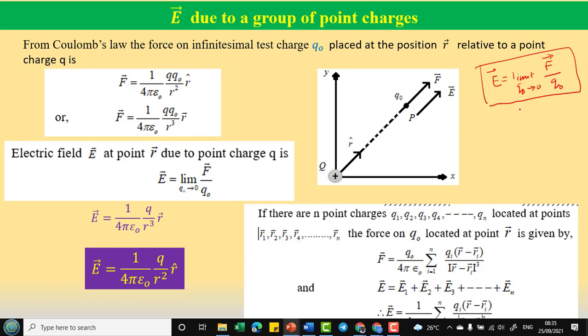In general, most of the time we usually write it like this: E is equal to F by Q. So that is the same thing. The only difference is that here we are writing it in the scientifically and mathematically correct way, but here we usually write it in the general way.